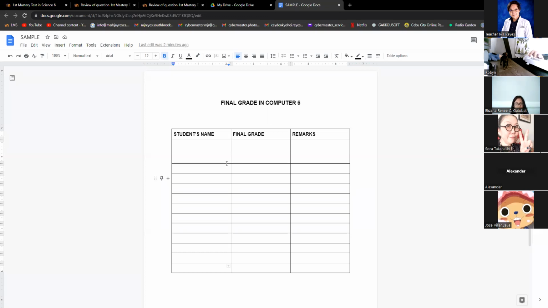Okay. What is the edge between Google Docs and MS Word? Simple. Yes, that's it, you can access it anywhere. With Microsoft Office, you need to have the application. If you don't have the application, then you cannot actually do it. Like for instance, your teacher asked you to do a summary of your discussion, a summary of the lesson. Because you are late coming to school, you forgot to save your file